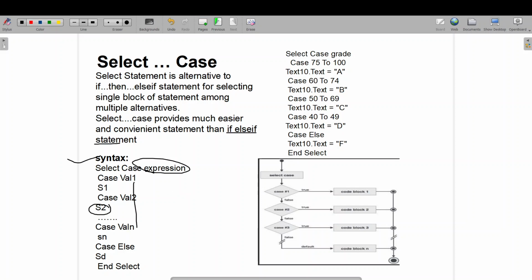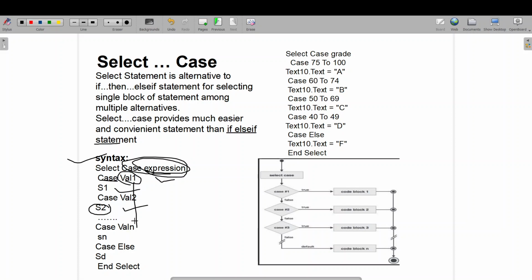We'll see the syntax. Select and Case are built-in words in VB, and the expression is whatever condition you want to specify. In case 1, I'll give value 1. If my condition is satisfied for value 1, that is case 1, I will execute statement 1, or else I'll check case 2 for statement 2.